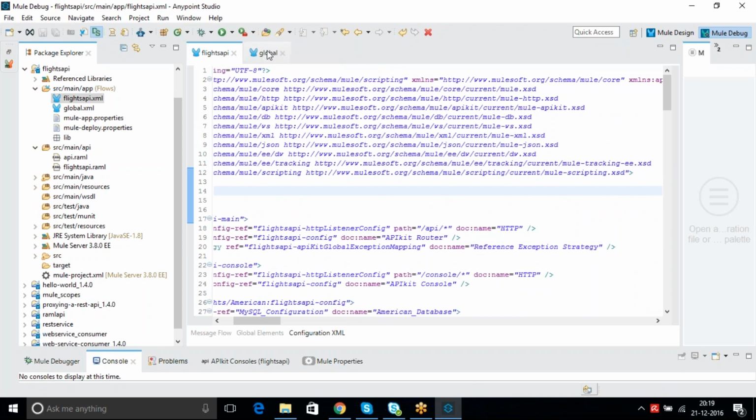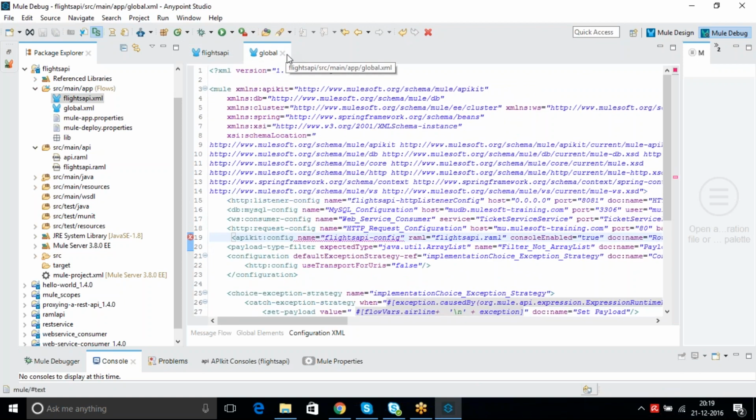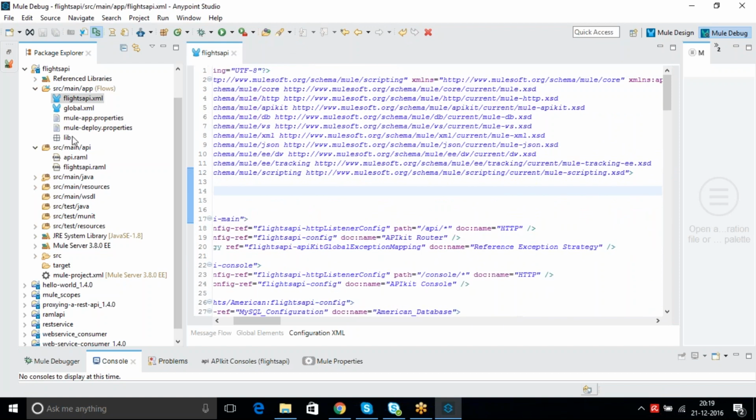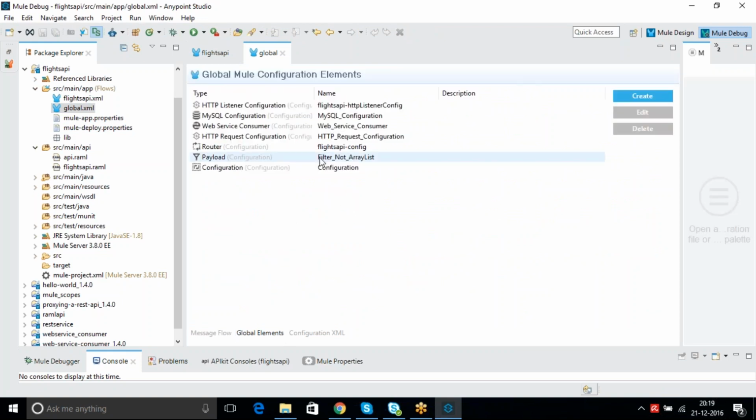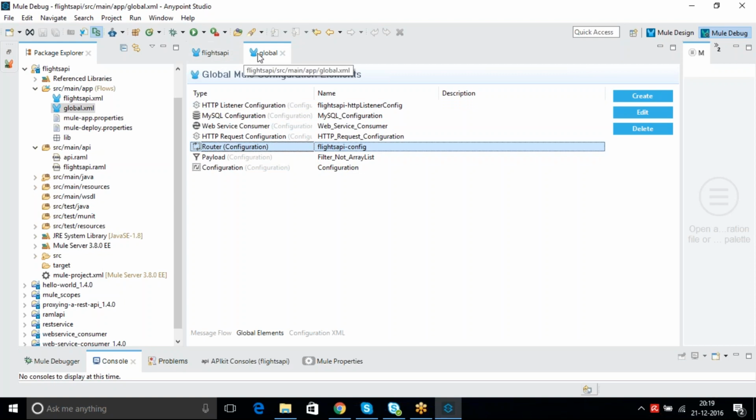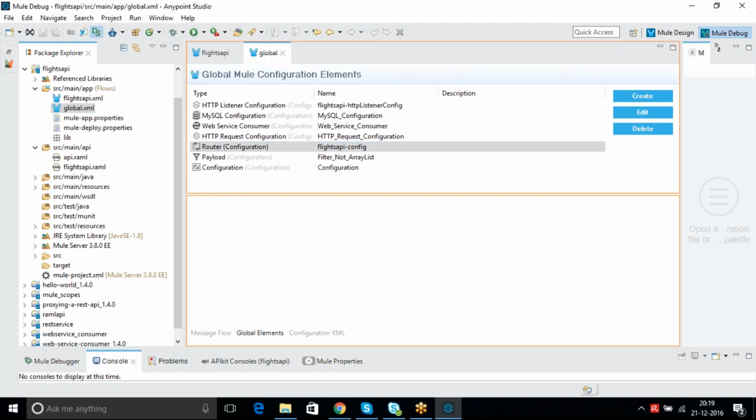Okay, let's go. Right, I just close and open global.xml again and go to the global elements. You can see the router also. This is the flights API config router. We moved it from there to here. So you understand what we did here?